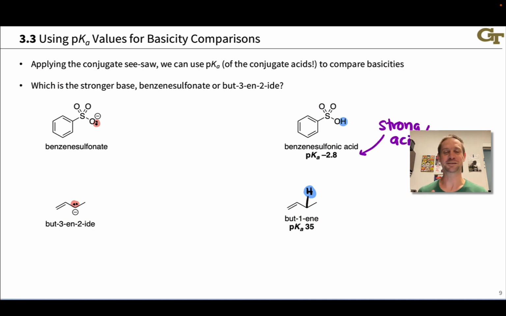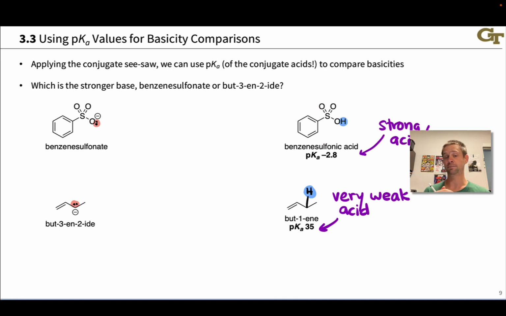Its pKa is negative, right? It's more acidic than hydronium ion with a pKa of 0. And so this is a strong acid. On the other side of the coin, the very high pKa value for butene means that this is a very weak acid. So now we've compared the acidities of the acids, we can apply the conjugate seesaw to reason about